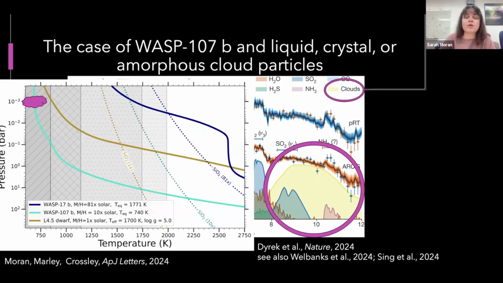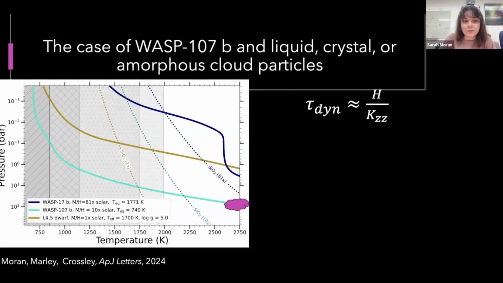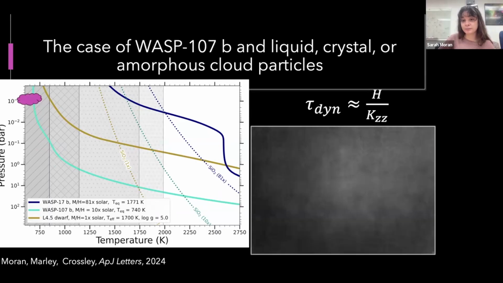And so if it's traveling through all of these different stability regions, you could do a fun little exercise of what kind of material it should be based on other constraints we have about the atmospheric mixing. If you assume some sort of mixing timescale based on the scale height and the mixing to figure out how long it spends in each region, we can assume the scale height is like 800 kilometers. We have an independent measurement of this KZZ value from the fact that we see less methane in this atmosphere than otherwise expected, which